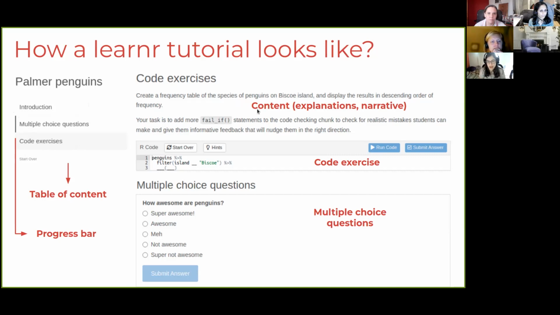And this big area is the content area, where you will have some narrative, the explanations, all the information you want to give to the participants or your students, some code exercises, for example, where you can complete the code, run this box to see what's the output, write something totally different if you need to, and work around or play around with the code,